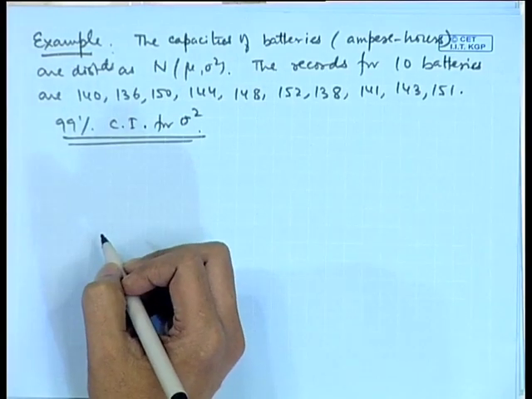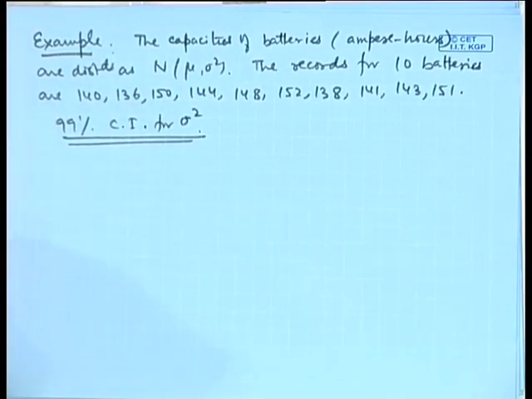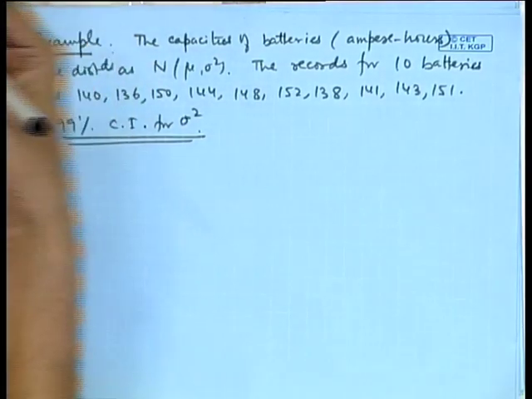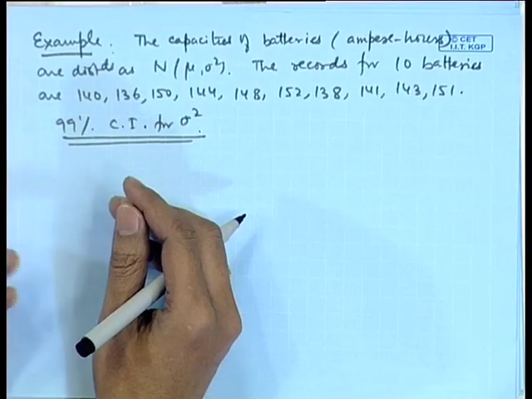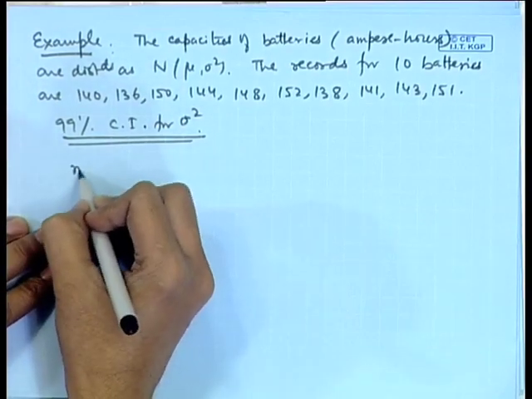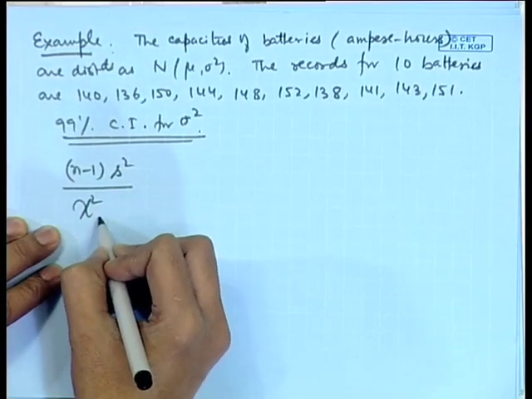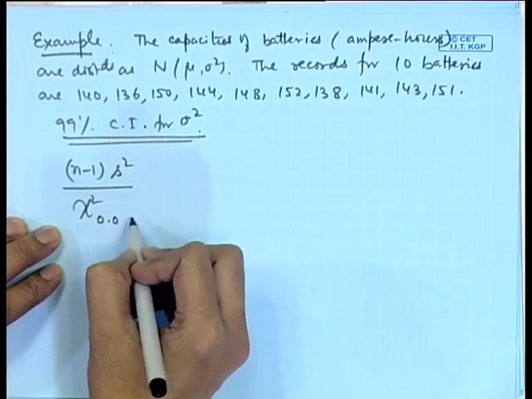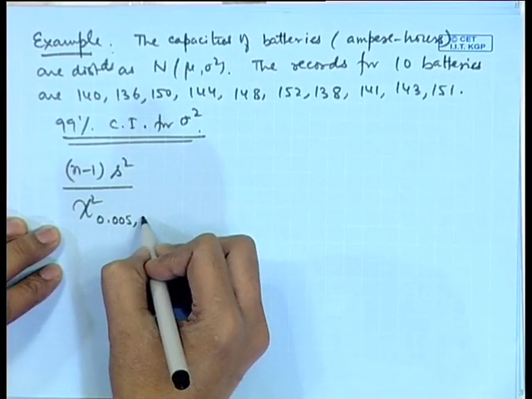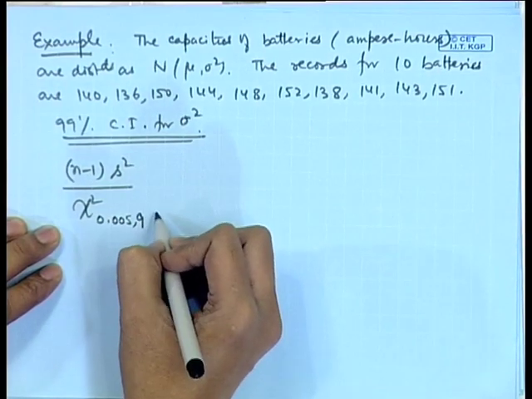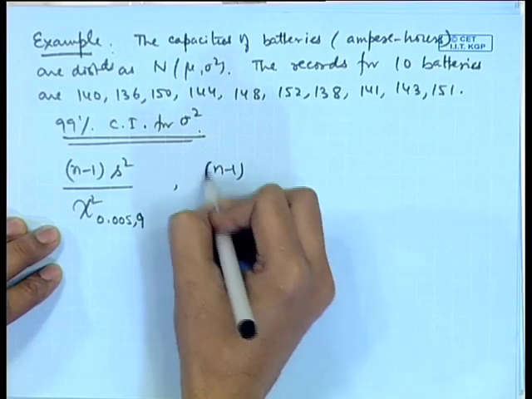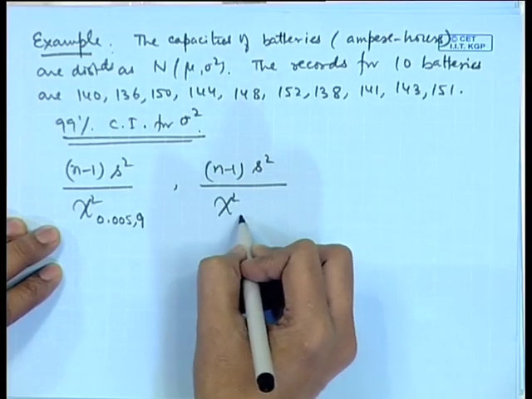So, now here we will make use of the fact that mu is unknown. If mu is unknown, then the formula for the confidence interval for sigma square is based on chi square on n minus 1 degrees of freedom. The formula is n minus 1 s square by chi square 0.005, where n is 10, so this is 9, to n minus 1 s square by chi square